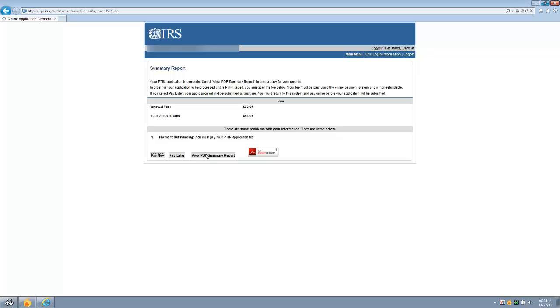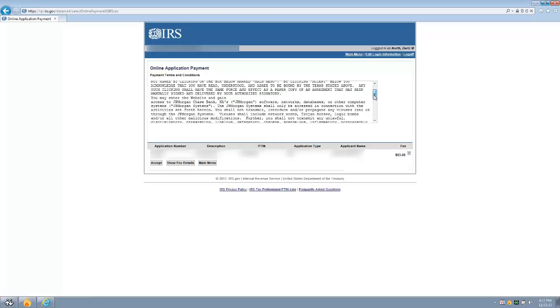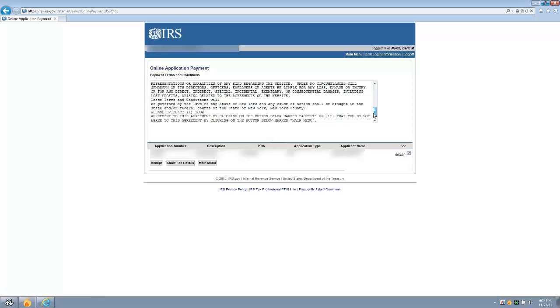The terms and conditions is a feature of pretty much any website that has a payment section. You can feel free to go through and read it. It basically describes the relationship with J.P. Morgan and their handling of the payment system for the IRS. We have it selected as payment for me right here. I'll go ahead and hit accept, which is going to lead us over to the next page,